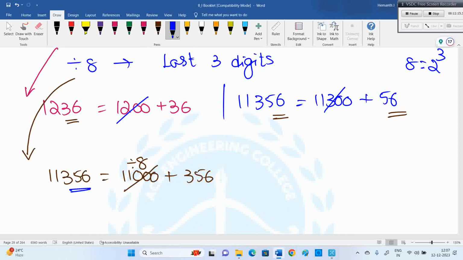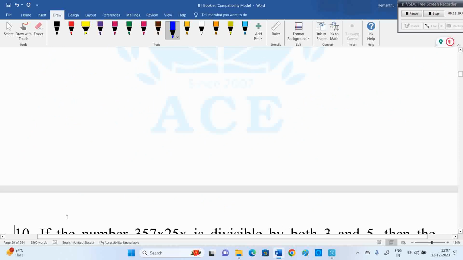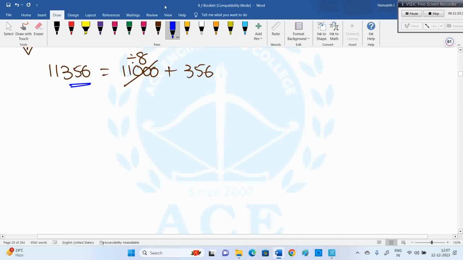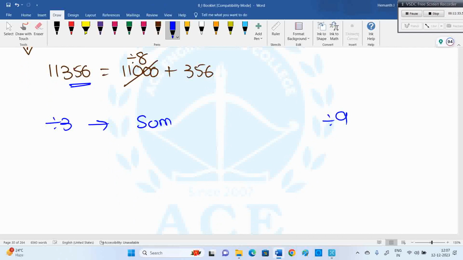What is the divisibility by 3 rule? Sum of digits. Divide by 9 rule. So divisibility by 3 or divisibility by 9, the rule is common: sum of digits. If the sum of digits of the given number is divisible by 3, then the entire number is divisible by 3. 9 also has the same rule. If the sum of digits of the given number is divisible by 9, then the entire number is